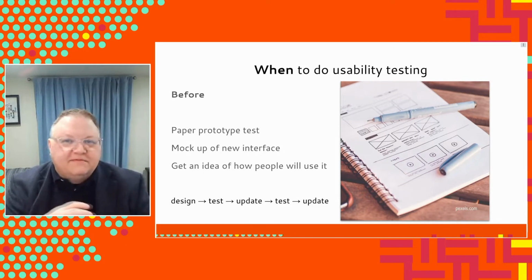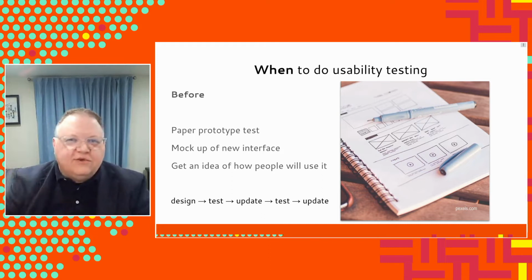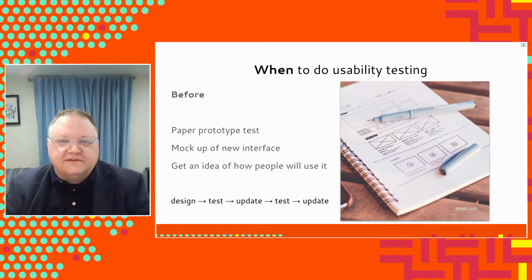And then based on what people are doing with that paper prototype, you might go back and modify a little bit, right? Okay, well, they were trying to click on some weird part of the screen where I don't have any controls, and they were looking over there for something. All right, so I'm going to modify the interface so that I can put some buttons over there that they look for. And then you're going to do another usability test. And then you'd go back and do another update. And in my experience, after 2 or 3 of these iterations, where you create a design, do a usability test, and do a tweak,